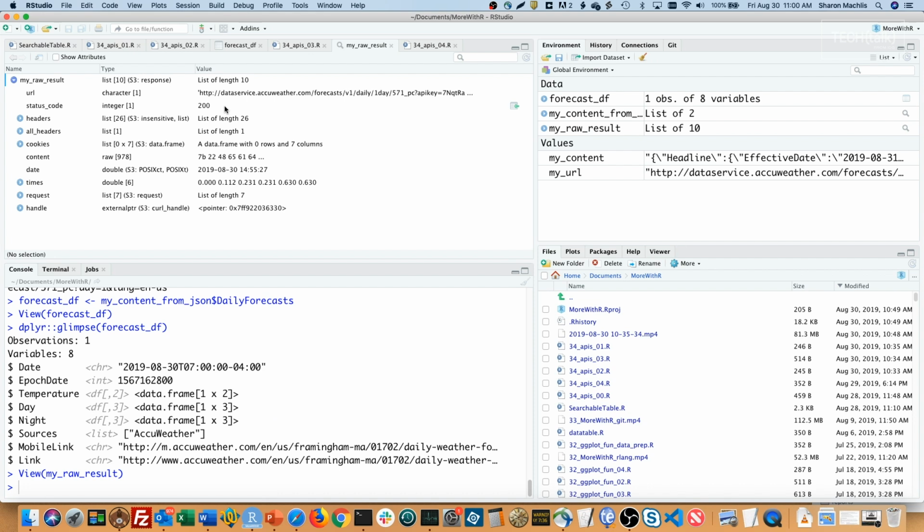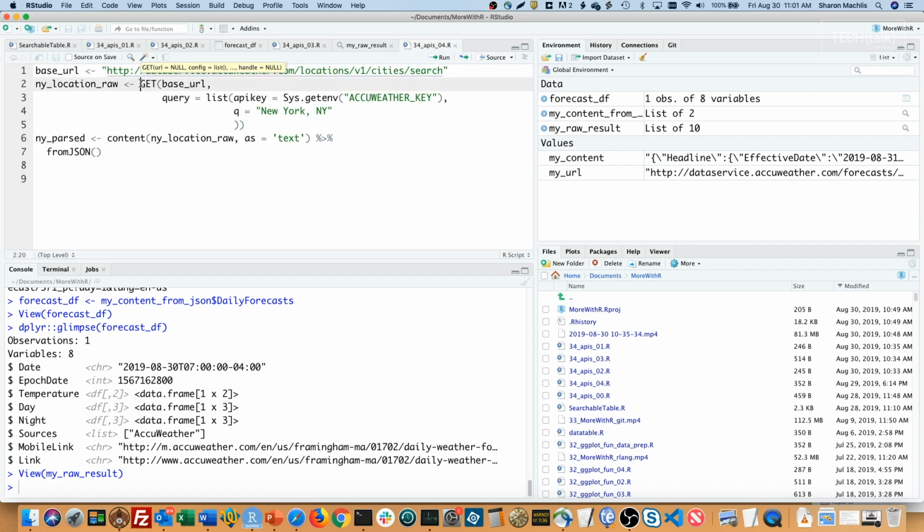And 2, if you've got multiple query parameters, it can get a little annoying to string them all together with the paste command. Get has another option. You can create your query arguments as a named list using this format. See the structure here? The get function takes the base URL as the first argument and a list of names and values as the second query argument. Each one is name equals value with the name not in quotation marks. The rest of the code here is the same.